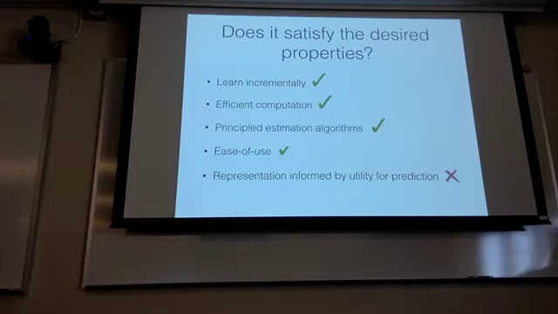But really it's missing this key component that I think is very important, which is you really want to learn representations that are informed by how useful they are for prediction. So everything I showed you with dictionary learning was just look at your input data and try to find a way to reconstruct your input data. It said nothing about how useful that representation was for prediction. And so, as humans, we can make up things that we think are useful for representations. Sparsity seems to be useful, so let's do sparse coding. And there's nice wins with sparse coding. But really, I think we get a lot further for always making sure our representations are informed by how useful